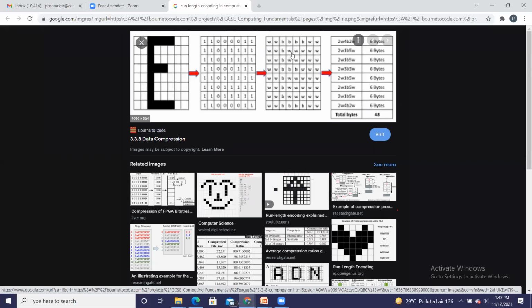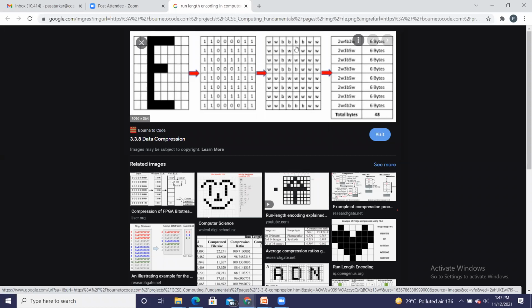Similarly, in the second scan line, 2W, 1B, and 5W. So it also has 6 bytes. Similarly, all this information will be stored in 6 bytes. So 6 into 8, instead of 64 earlier, we require only 48 bits of memory to store this image after this compression.